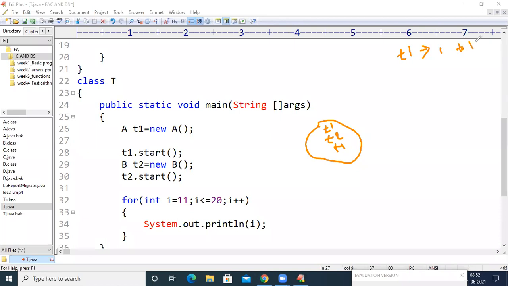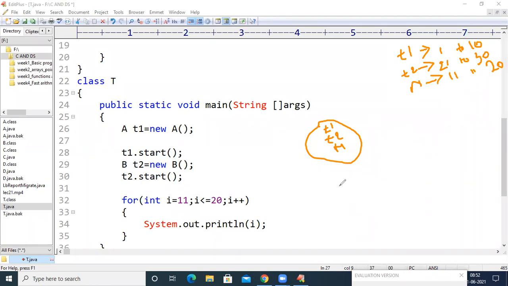If T2 has been executed, it will print the numbers from 21 to 30, right? And if the main thread has been executed, it is going to print the numbers from 11 to 20.